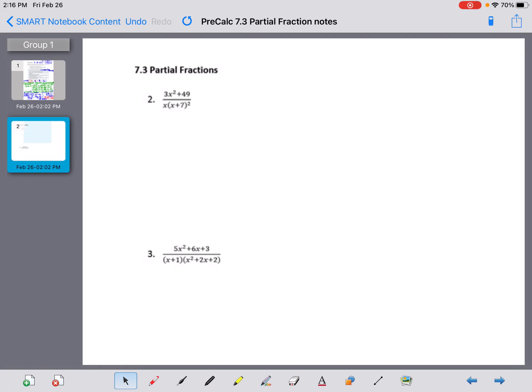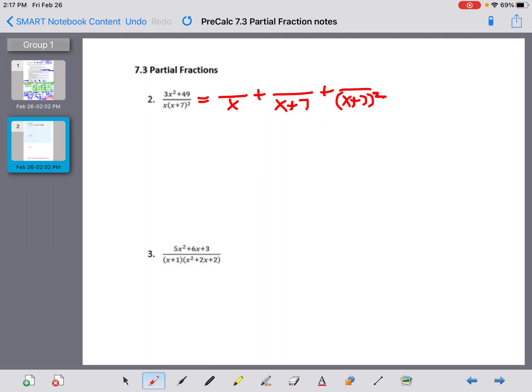I want to stress this. This is not a quadratic. This is the factor x plus 7 used twice. Okay? A quadratic would have to have the x squared inside that parenthesis. That would make it a quadratic. Okay, so what I have here is I might have a fraction with just x in the denominator. And then I can have a fraction of x plus 7 once and a fraction of x plus 7 twice. Okay? And that is so important that if you have something repeated, you have to put it for every